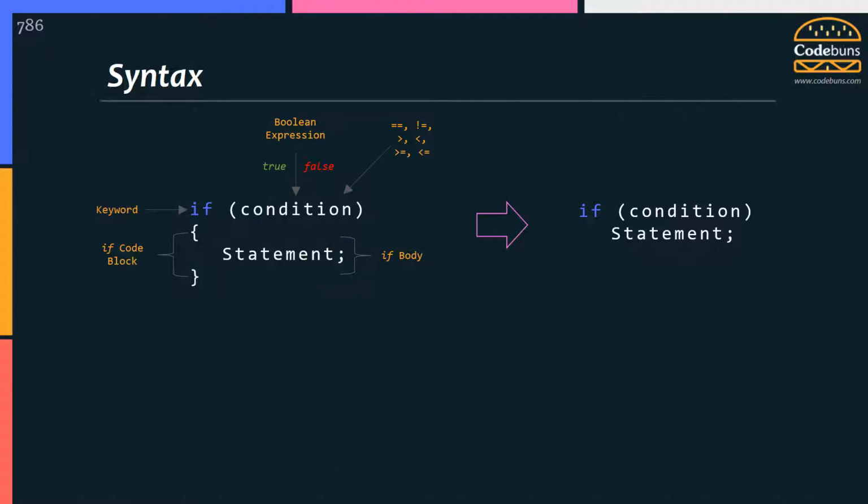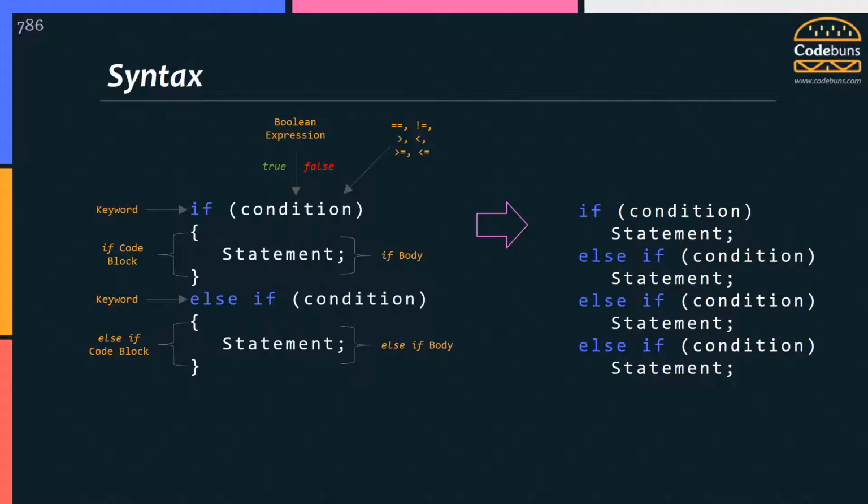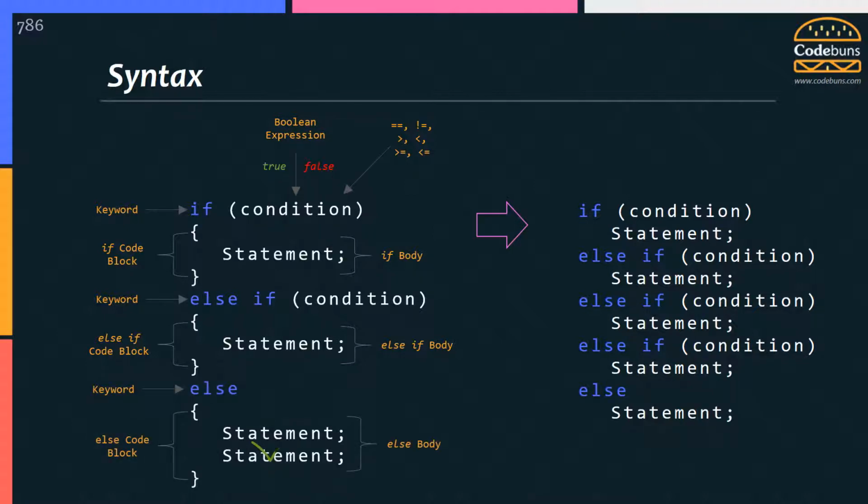If statement can be extended by any number of else if clauses if you want to test more conditions. The else if statement follows directly after if statement to let you use multiple conditions this way. Each additional condition will only evaluate if all the previous conditions are false. Of course, you can use multiple conditions by adding more else if clauses like this. Finally, you can use else statement at the end to execute some code if none of the above conditions are true.